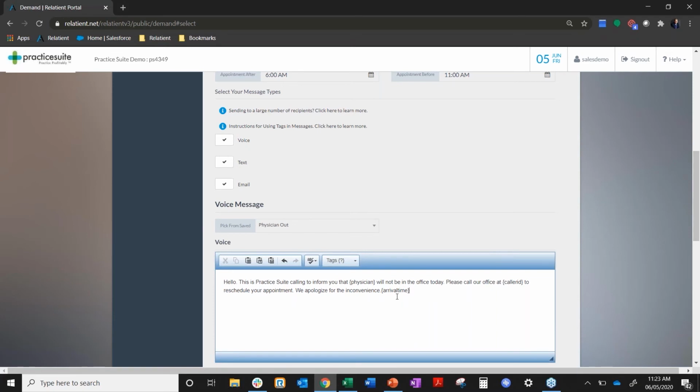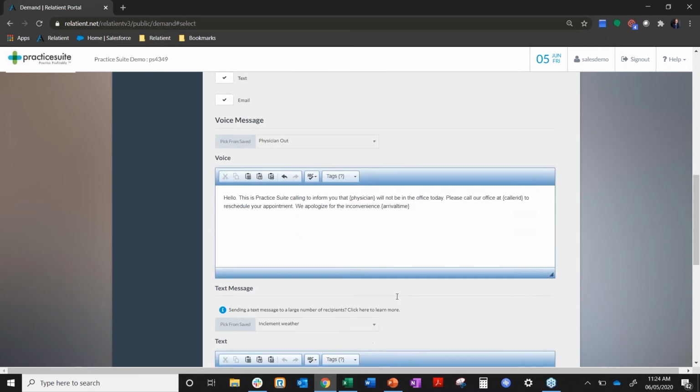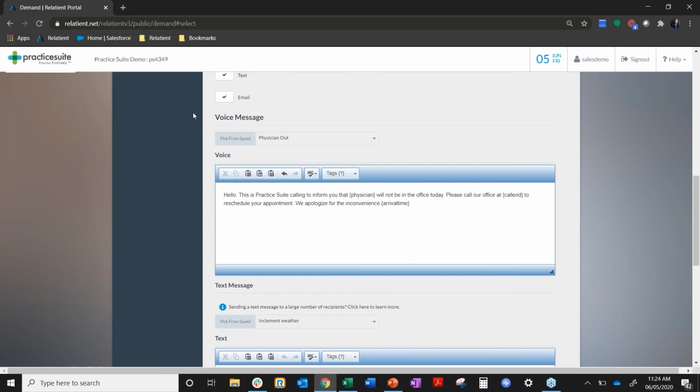And so that way, when you send a broadcast message to a larger group of patients, they're all going to hear it specific to their day and time of appointment. Their name will be mentioned in the text or the voice message or email, and the physician's name could also be mentioned. One thing I do want to point out, if you do send a text message, the benefit of this also with the ability for two-way chat